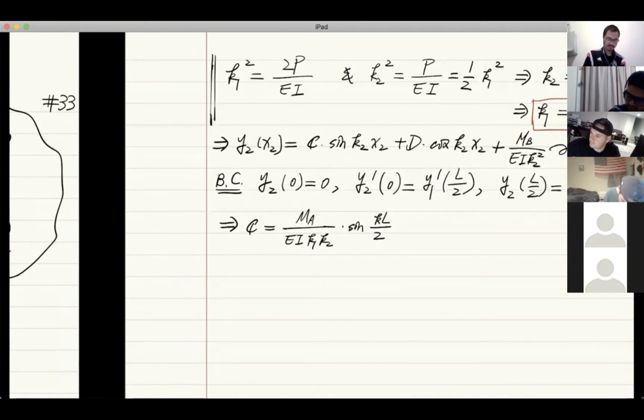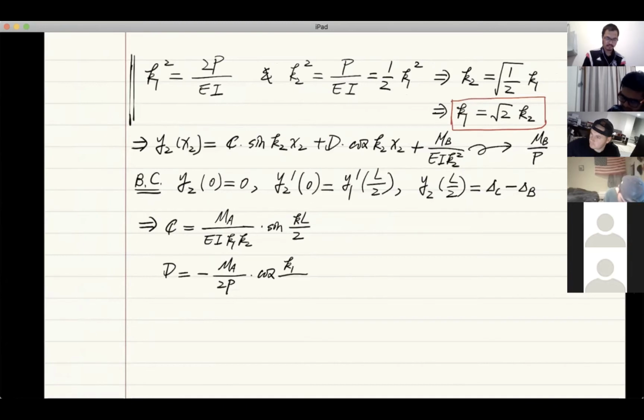And coefficient D turns out to be negative MA over 2P times cosine